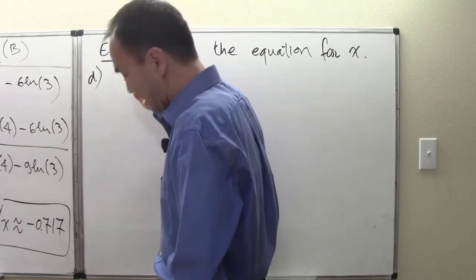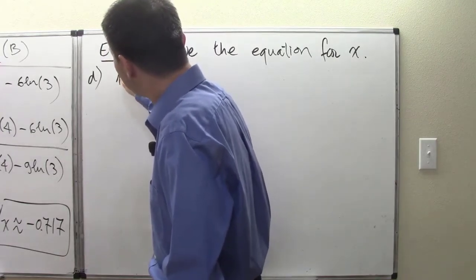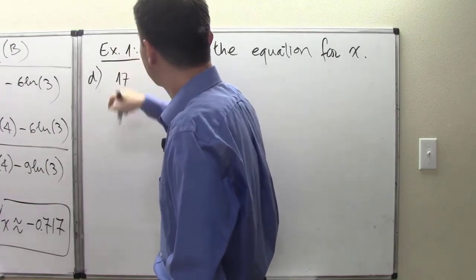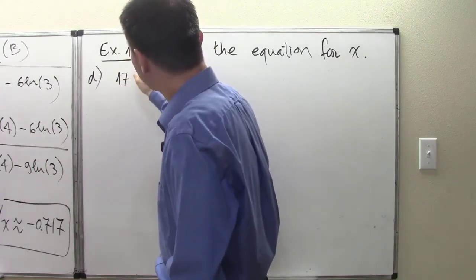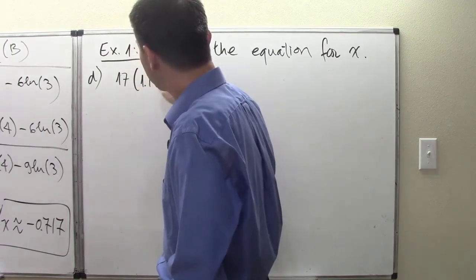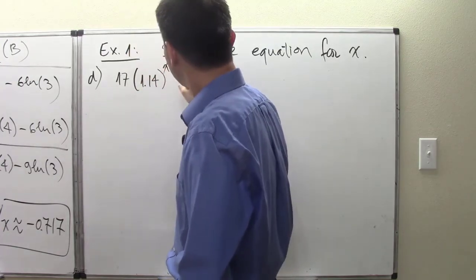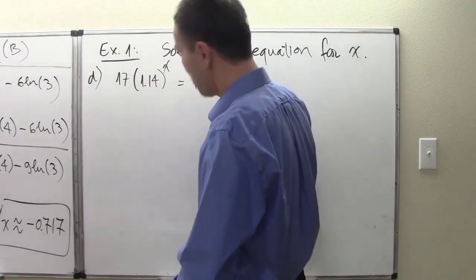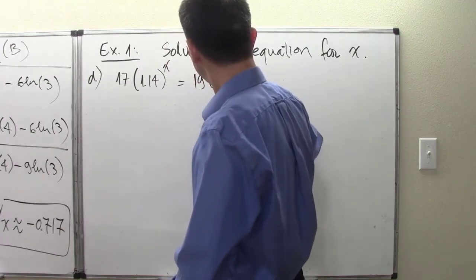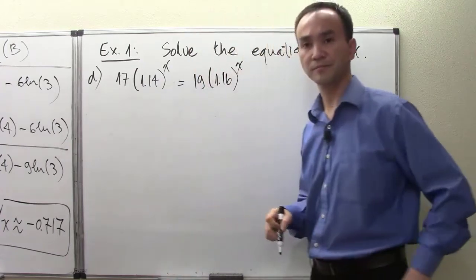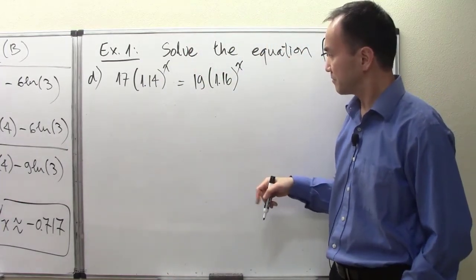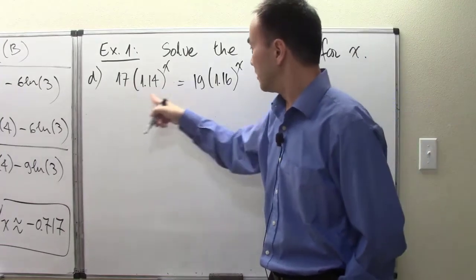So I have now about 17 times 1.14 to the x equals 19 times 1.16 to the x. Okay, so with this equation here,